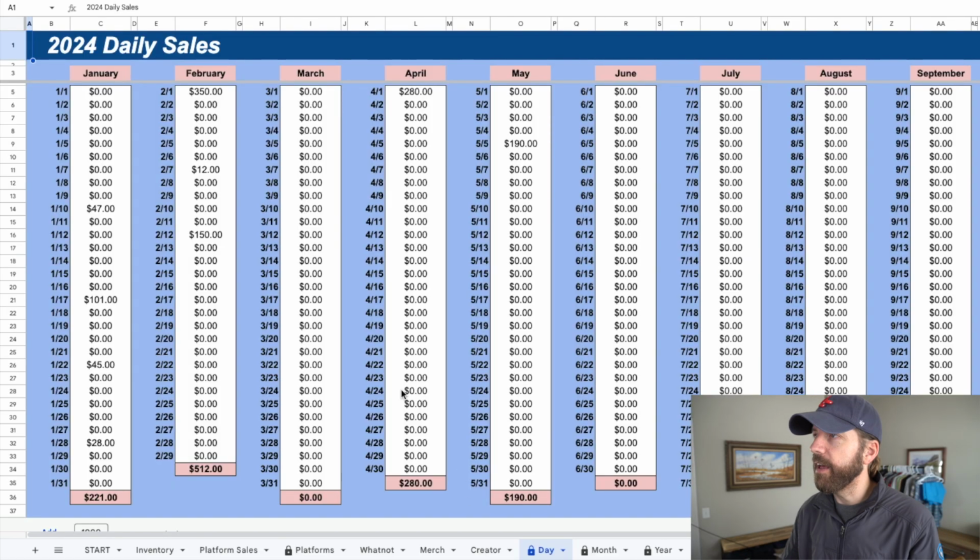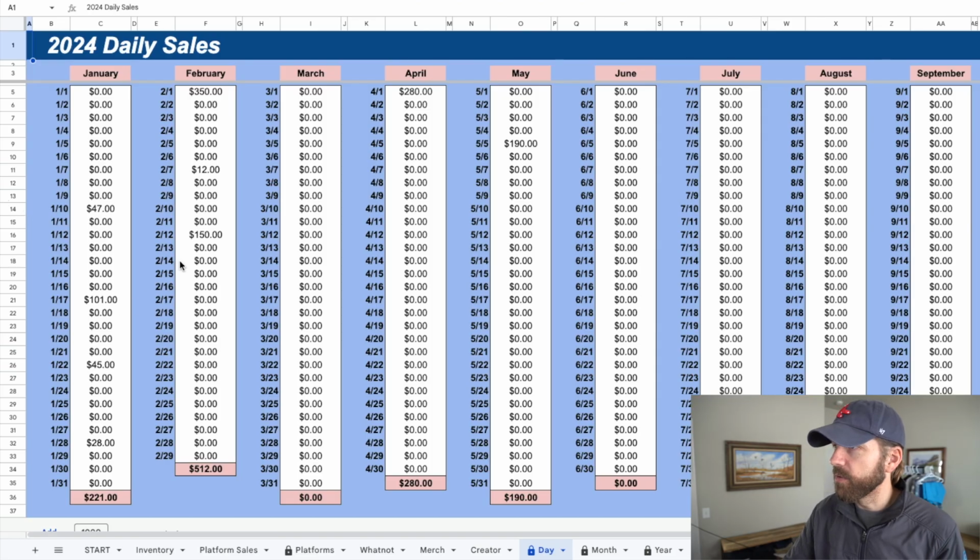Let's take a look at the day tab. This is going to pull in every dollar from your business on a specific day. So it's not just online sales, your reseller sales. It's also money that you brought in for content, merch, and Whatnot. So you can look on any given day of the year and see, here's how much my business has brought in total across the whole business. And you'll see random days filled in based on what we've entered into this